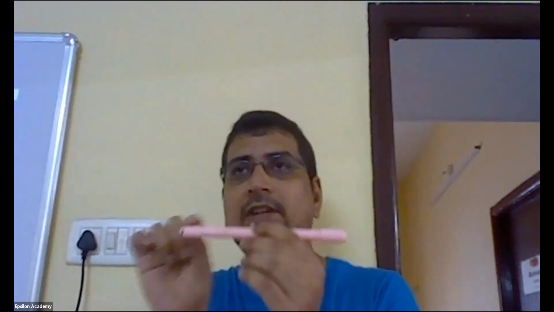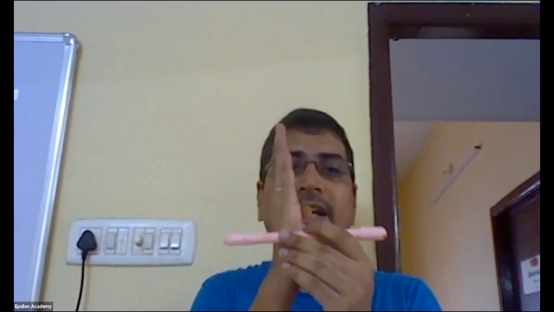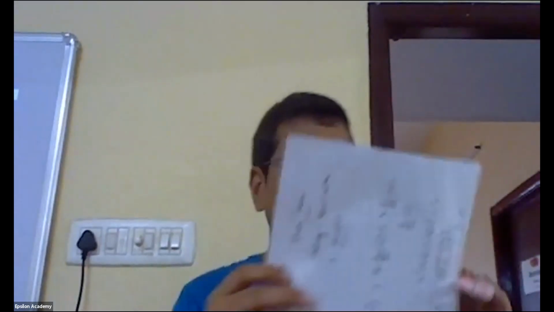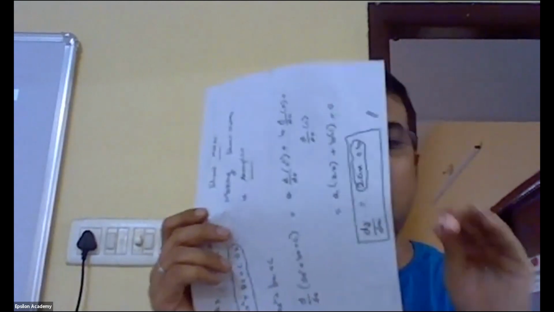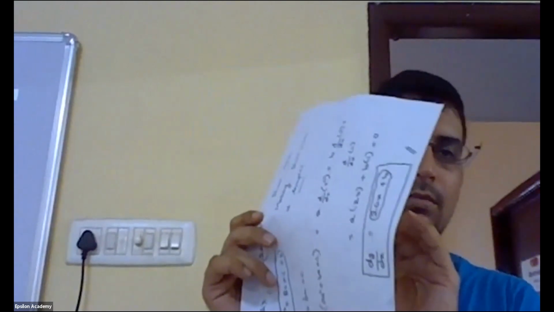Okay, listen. I have a dipole. I have a plane which is exactly perpendicular to the axis of the dipole and passing through the center. That kind of plane is called an equatorial plane. Imagine the pen is pierced through it and it is equal on both the sides. That is called an equatorial plane.